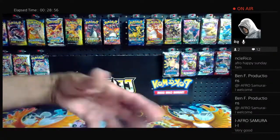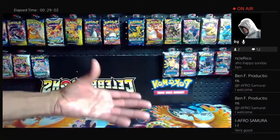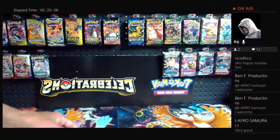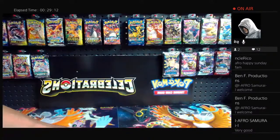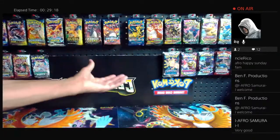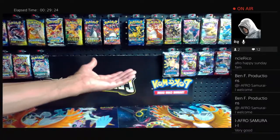So, will the reprint affect it, if we do get it? Not saying that we are. What will its effect be? I don't think it's really going to hurt it all that much. But where we're going, guys, is that modern Pokemon is investable. Look, just take a look at Brilliant Stars, another set where you could have got this box